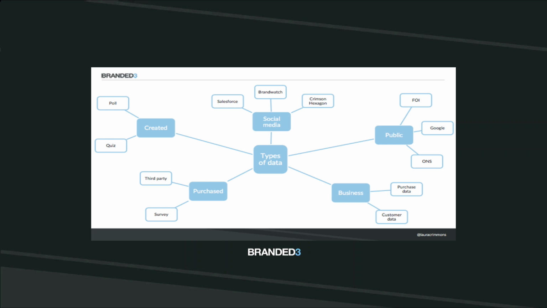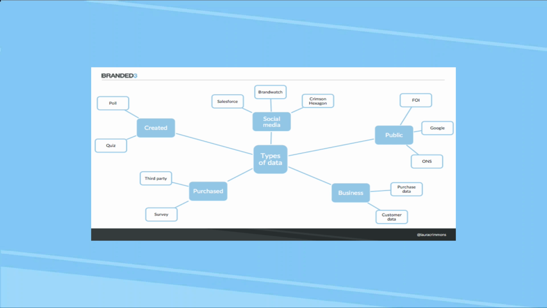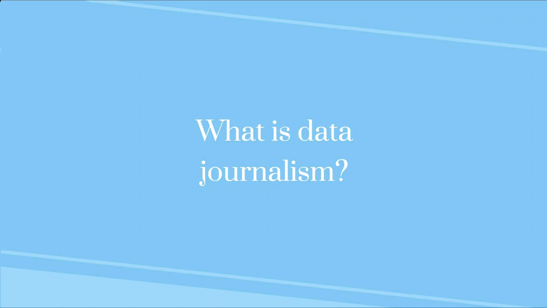So without further ado, first of all, the reason that data is really useful in terms of the content of PR and content marketing campaigns has really grown from the rise of data journalism. Journalists want to write about data. Therefore, we as PRs, as content marketers, the best thing we can do is give them data.